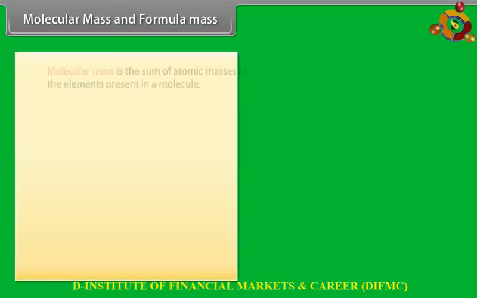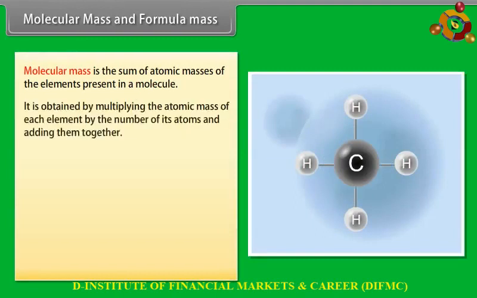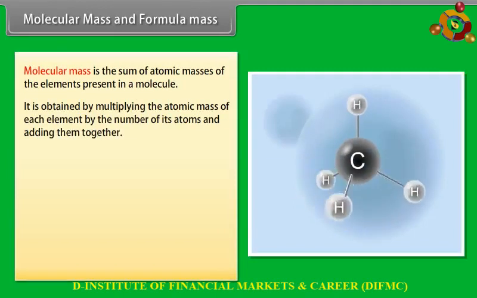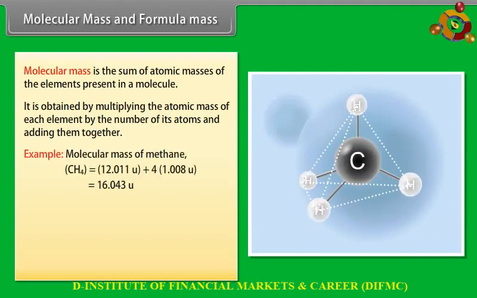Molecular mass and formula mass. Molecular mass is the sum of atomic masses of the elements present in a molecule. It is obtained by multiplying the atomic mass of each element by the number of its atoms and adding them together. Example: molecular mass of methane, CH4, is equal to 12.011 u + 4 × 1.008 u